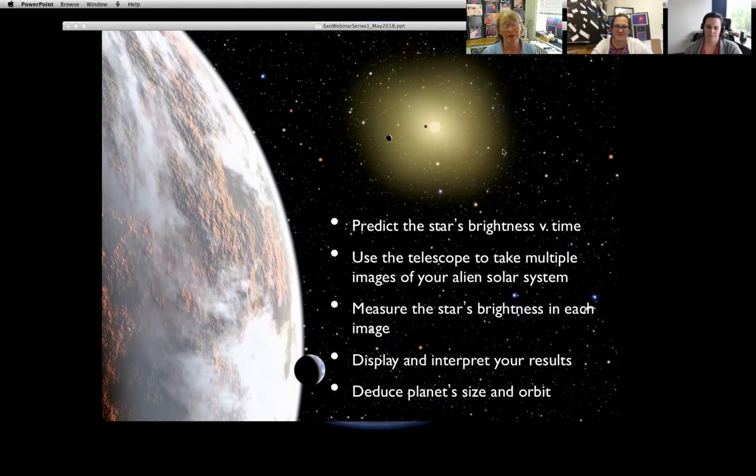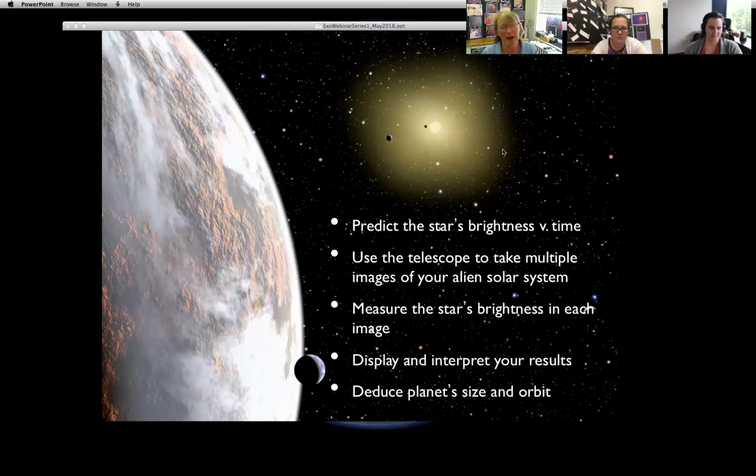We took images of a system called TRES-3, named after the small telescope system, the Transiting Exoplanet Survey. Emma, if you can remember that, maybe you can type it in the chat box. And we also took images of WASP-43, which is from the Wide Angle Survey of Planets group. So WASP-43. So I'm going to show you today how to measure the brightness of those images that came back